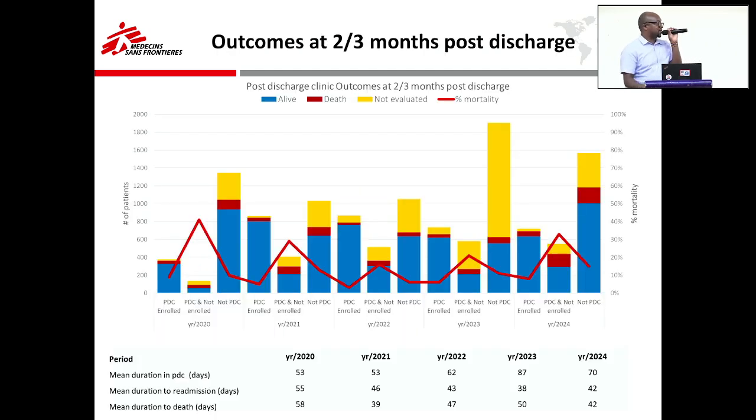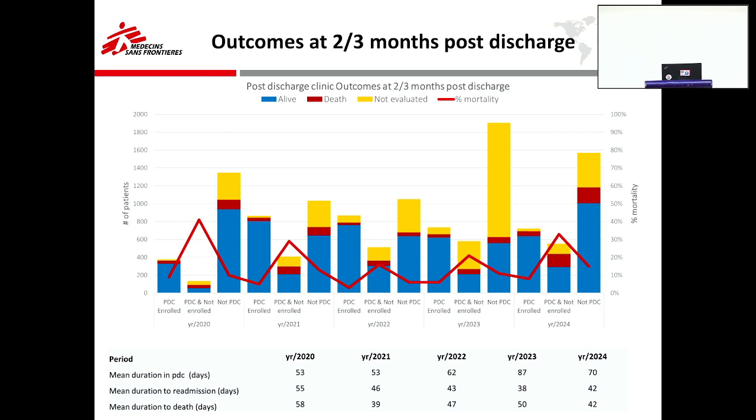So this shows the importance of the PDC. You see, here, these are patients who were discharged through the PDC and were enrolled. This one was discharged through the PDC, but because it's voluntary, they never went to the PDC. So this represents the mortality. So you can see the PDC is working. You see when they don't go to the PDC, the mortality